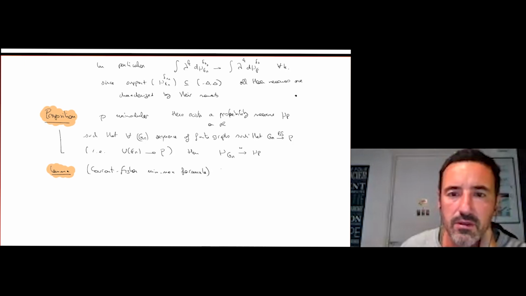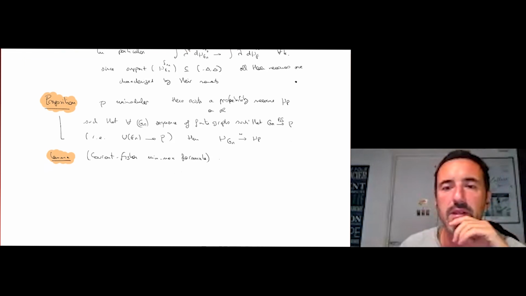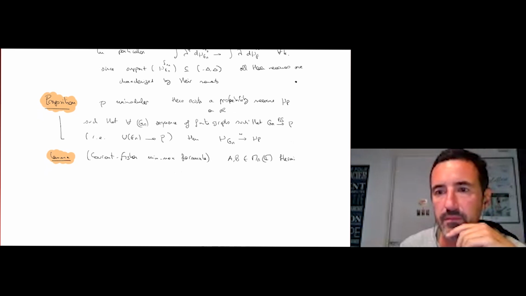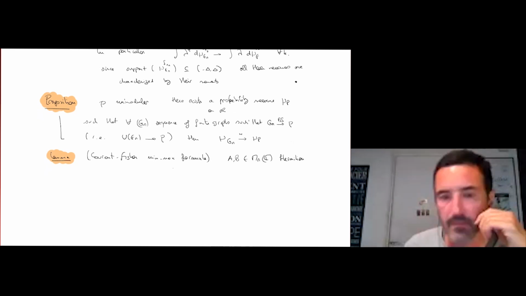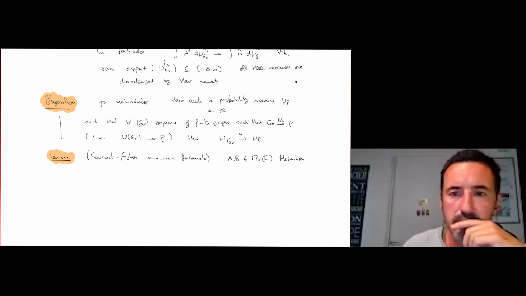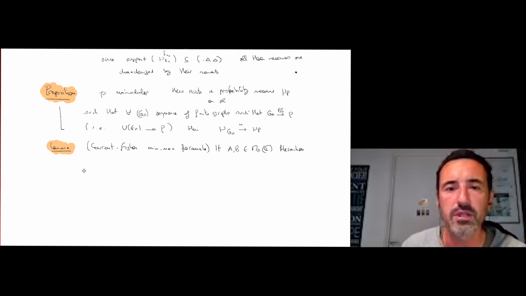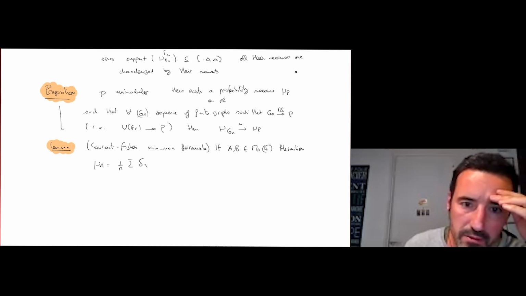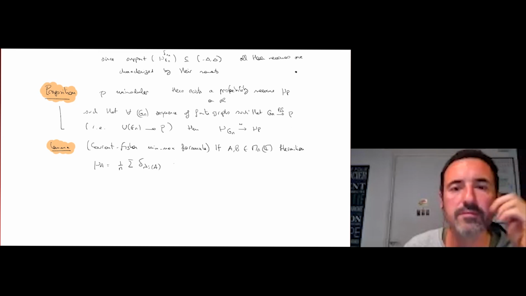Which proves, so it's a consequence of this Courant-Fisher min-max formula, which says that if you have two Hermitian matrices in Mn of C, then if you define mu A, the empirical distribution of the eigenvalues of A, where the eigenvalues are real, and you do the same for mu B,